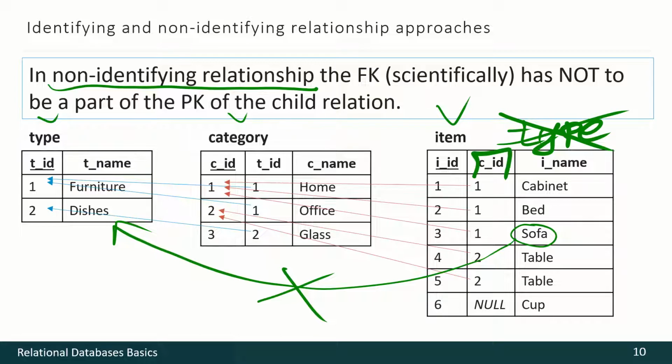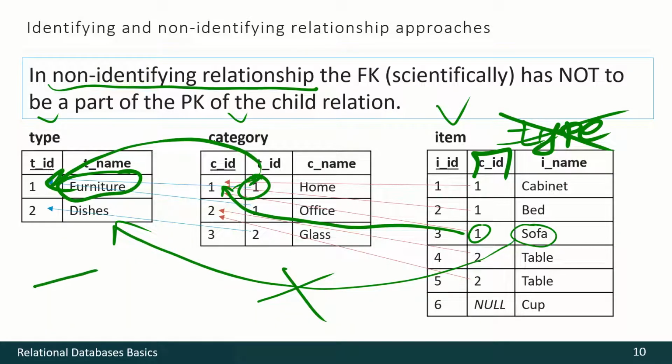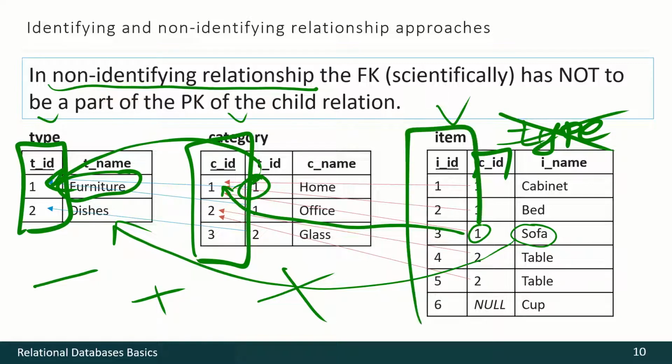We have only category ID, so we have to find out the category, jump here, then find out the type and jump here and find out that it's furniture. So it's a huge disadvantage, but the advantage is that the primary key in any relation may still consist only